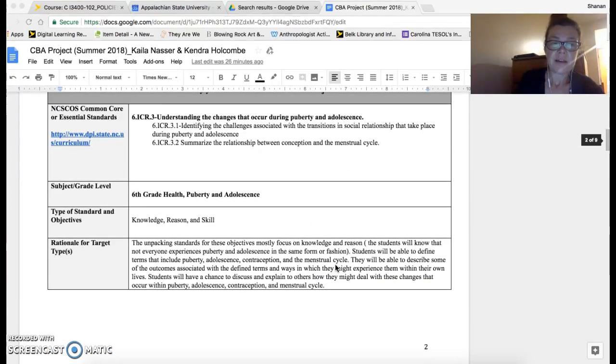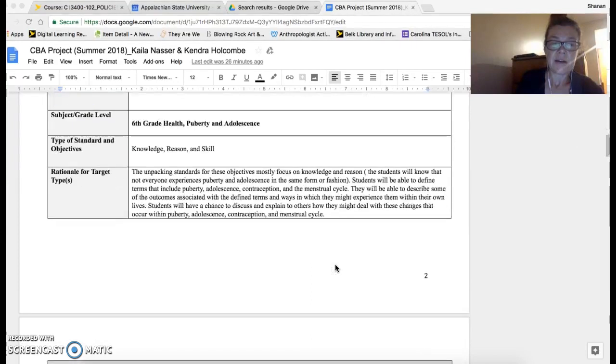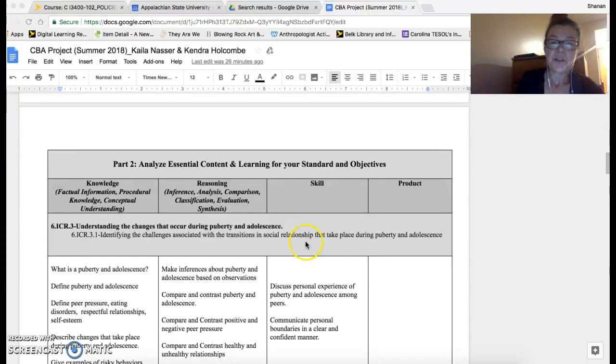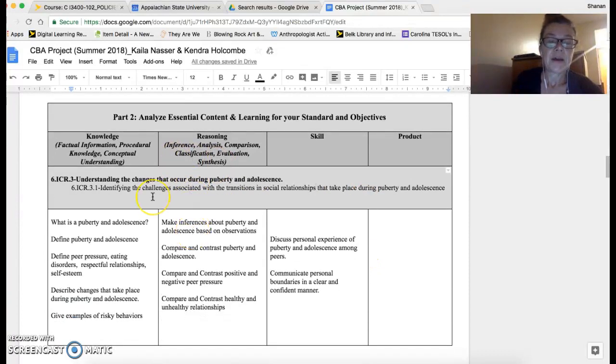After talking to Kayla, we decided part one looks fine and dandy. For part two, we decided to focus on the first clarifying objective here related to social relationships. I think that's supposed to be an S. Because addressing both the clarifying objectives would be a lot to include in your assessments. So we're just focusing on this first one because when you look at the unpacking standards,